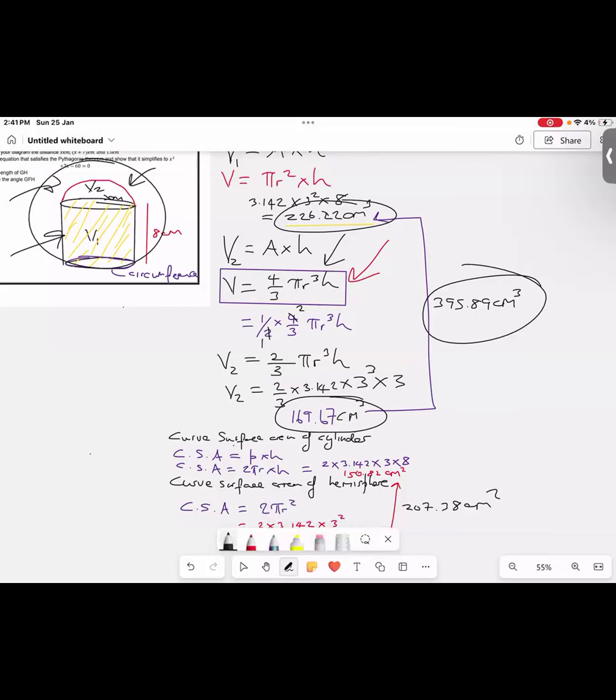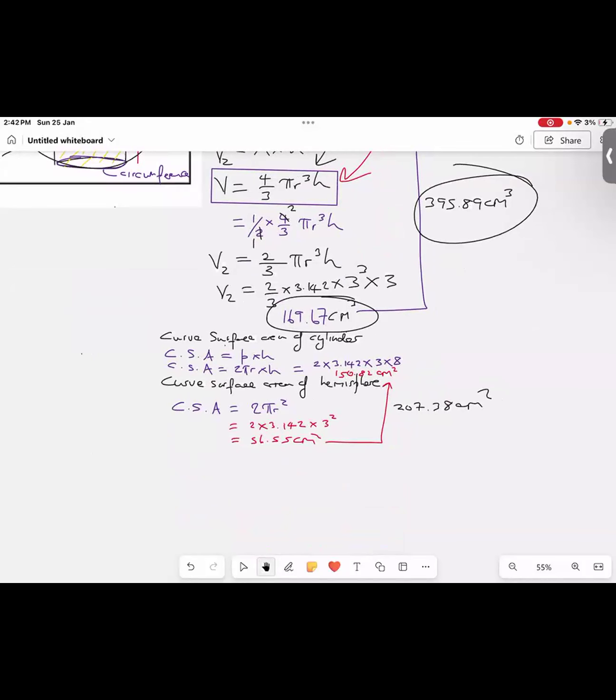So the curved surface area of a cylinder. Have you ever held a mug in your hand before? When you hold a mug in your hand, it's that part of the mug that you hold in your hand. That section is what we're trying to find. That would have been the area of the cylinder, the part that you're holding in your hand. Inside of it, when you put the tea inside the mug, that's what we calculated earlier, the volume: how much liquid it can hold. But the part that you hold with your hand, that's what we calculated at the bottom. Okay, I understand.